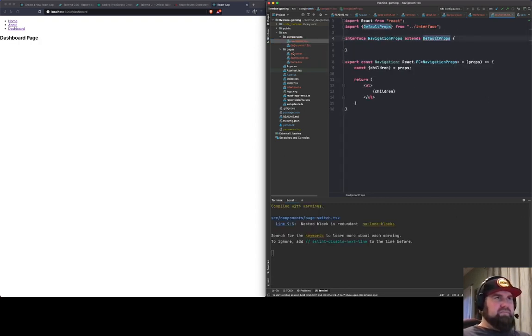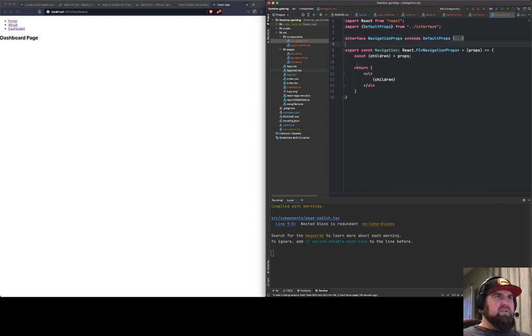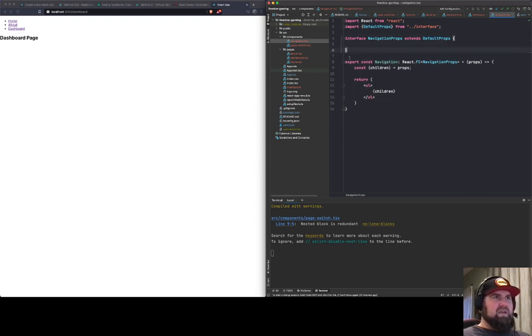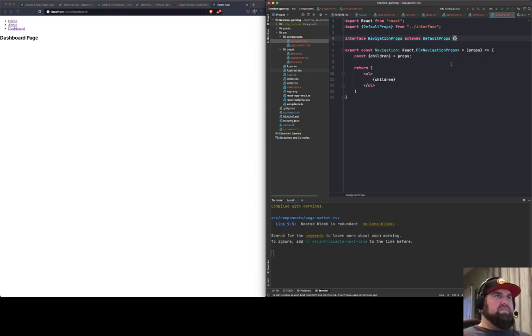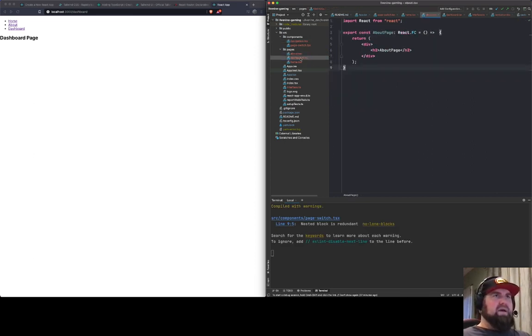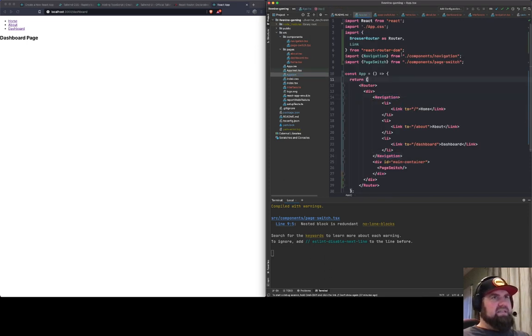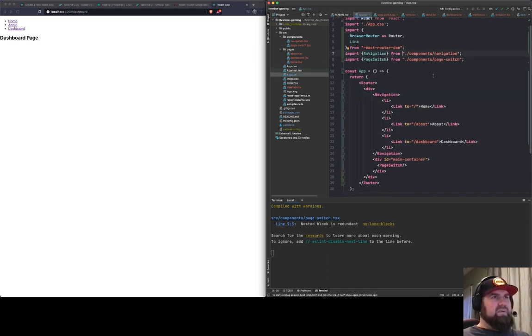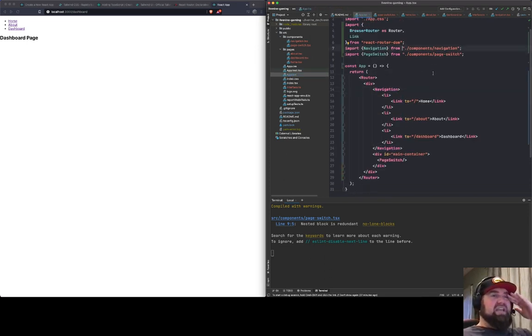I'm gonna do this for the time being here. Okay, about page, dashboard page, so on. We've got our app TSX. We've got our navigation, our page switch. We can even take and make this